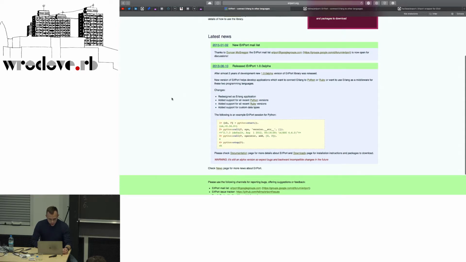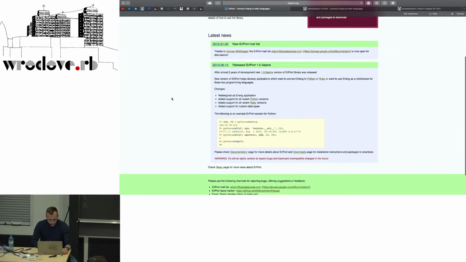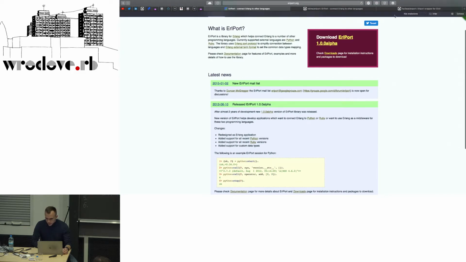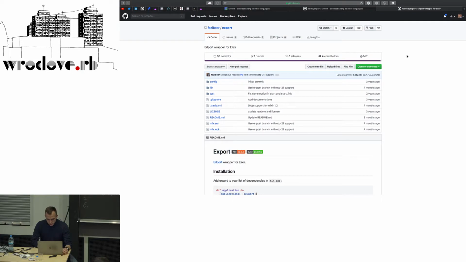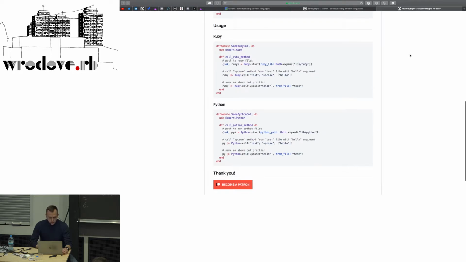But actually, I am an Elixir developer, so I don't want to write Erlang because it's not as developer friendly as Elixir. So fortunately, I found a wrapper for Erlport for Elixir. And I was able to relatively easily run Ruby code inside Elixir.